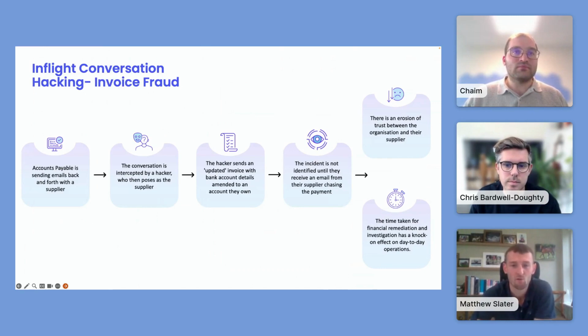At which point the fraudsters will hack into your supplier's email account and then start sending you emails containing information saying things like, our account details have changed, can you redirect our monthly payment to this new account? Of course, this new account being fraudulent, the accounts payable team might then follow their instructions, unknowing that it's a fraudster they're talking to over email and not their supplier, and then start sending these supplier payments to the fraudulent